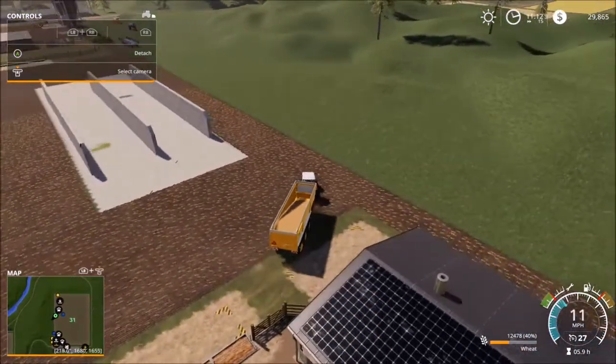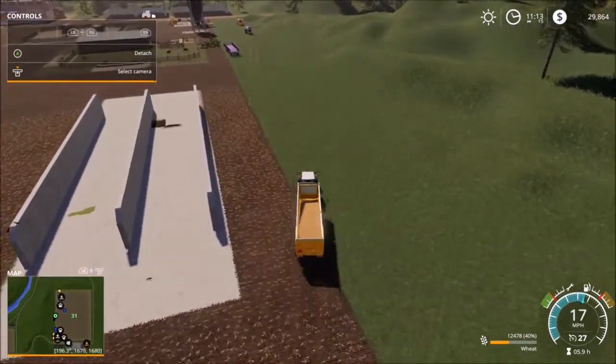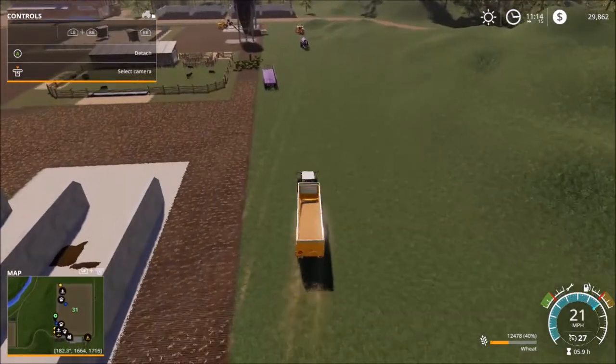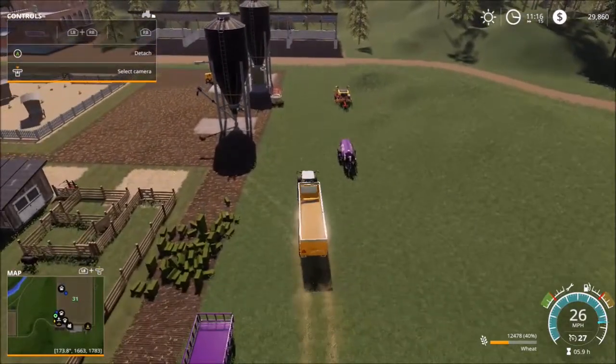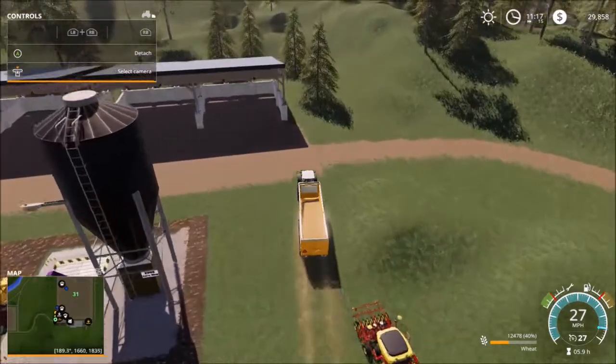Now, the potatoes and the sugar beets we're going to have to buy anyway, because I don't have any way to harvest them right now. I have to buy the potato harvester, or I have to buy the sugar beet harvester, both of which are almost $500,000. So I'm in no position to do that yet. So regardless, I'm going to have to buy...